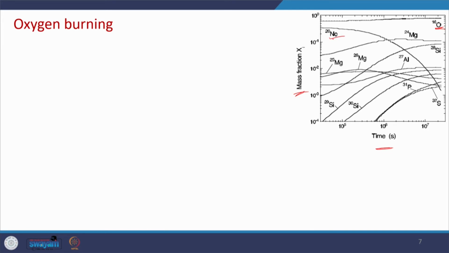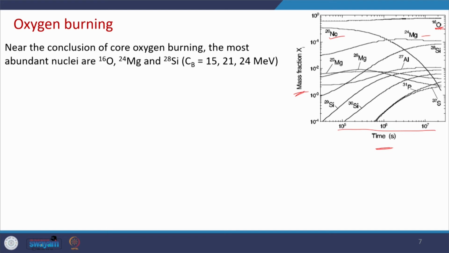Neon is done, magnesium will come later, and see the time scales. This diagram is not exactly the previous one. In these time scales, you can see that after neon, oxygen should burn. You can even cross-check by calculating the Coulomb barriers. Near the conclusion of core neon burning,